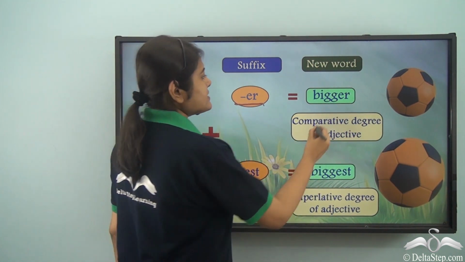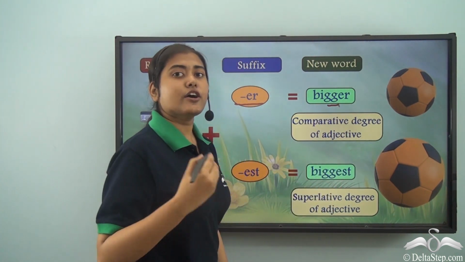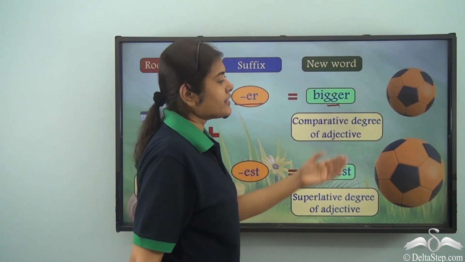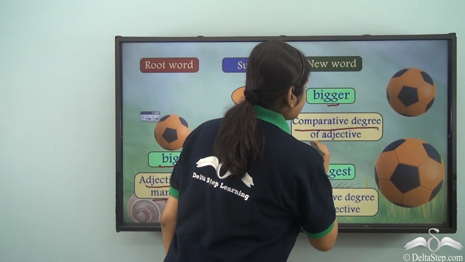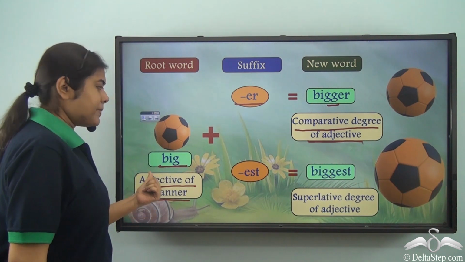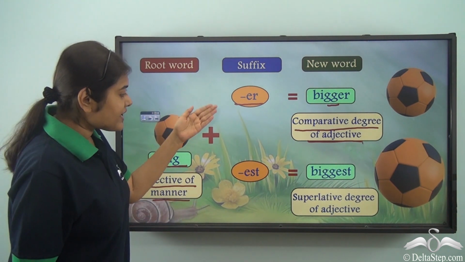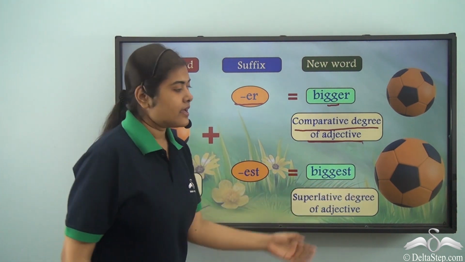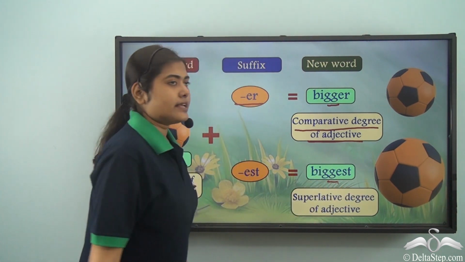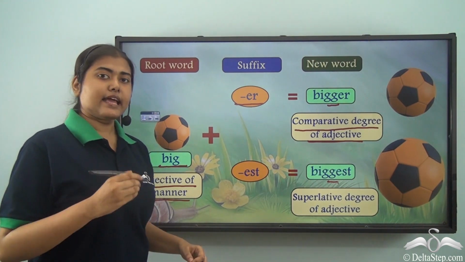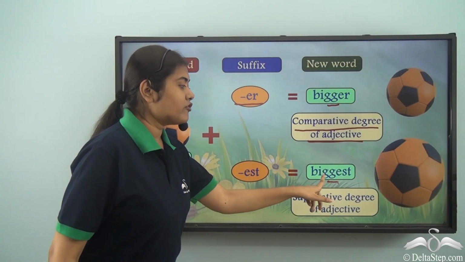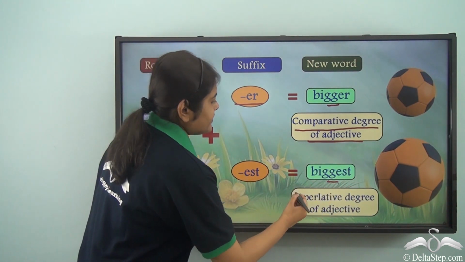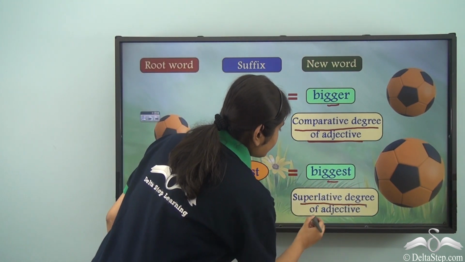The difference is this last g is repeated once before er is added, and the word bigger is the comparative degree of the adjective big. Similarly, if I add est to big, we get biggest. The difference once again is a g is added extra. The last g of big is repeated before the est is added, and this biggest is the superlative degree of